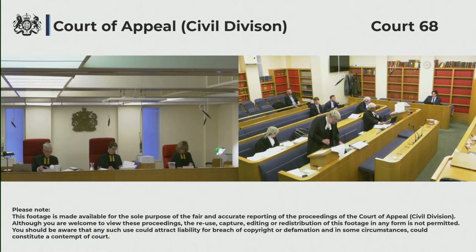And then just over the page, at page 167, this is also important because this tells the tribunal what you're asking it to do. So they've ticked box 1. It's an application under section 84.3, i.e. an application for a determination that on the relevant date, which is the date of the claim notice, sorry, the RTM company was entitled to acquire the right to manage. And then they have to provide the tribunal with the claim notice and the counter notice. We haven't included those in the bundle because you've got them at various other places. So that's what they're asking the tribunal to do. Make that determination that they were entitled to acquire the right to manage.